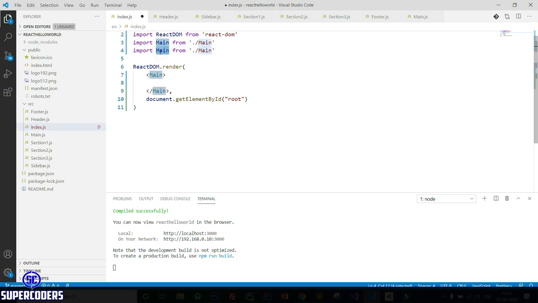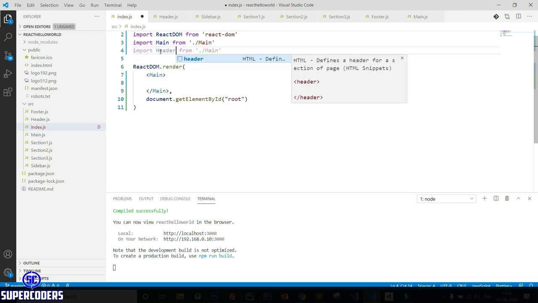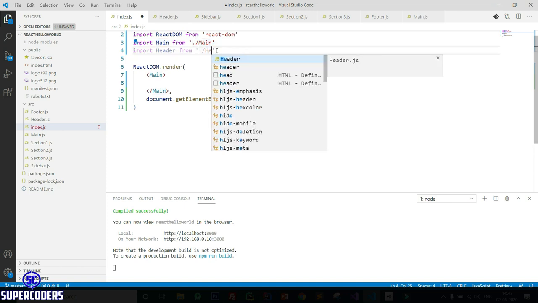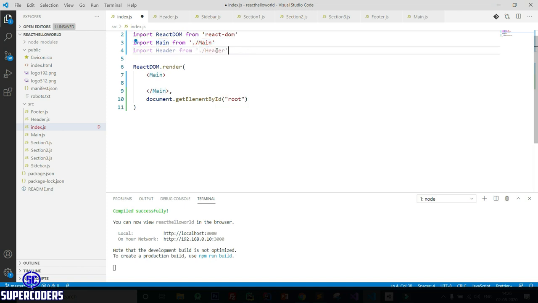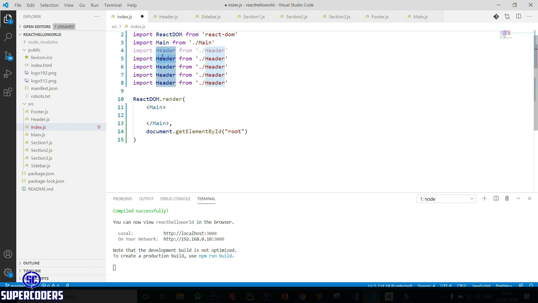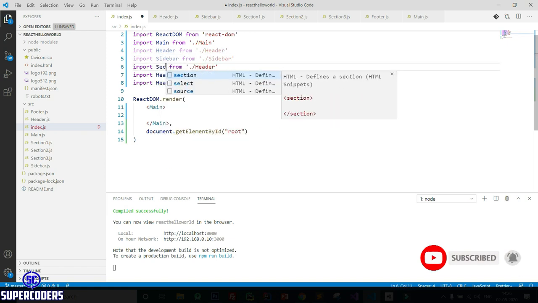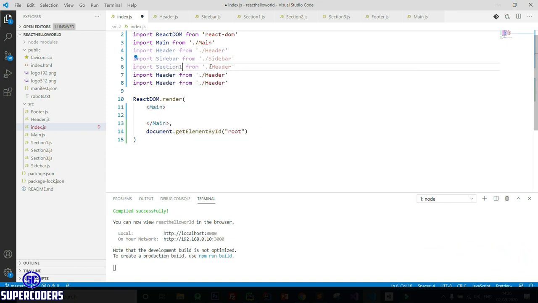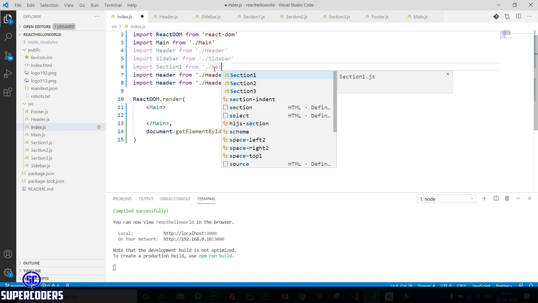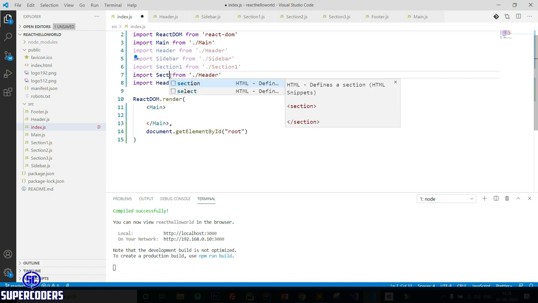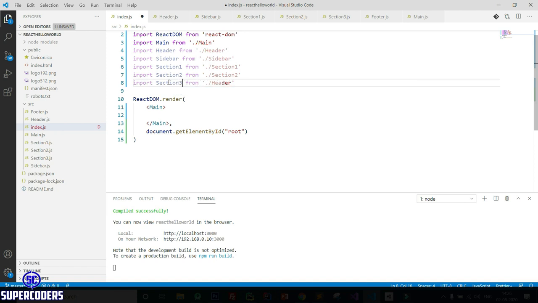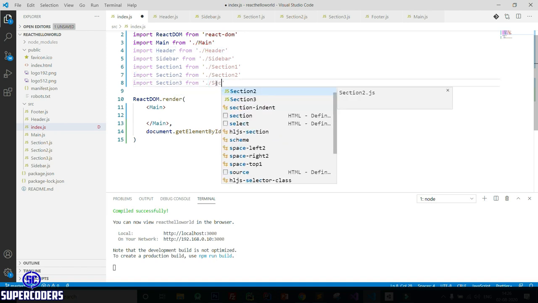Now let's import header from header. Again type Control D, then import sidebar from sidebar, then import section 1 from section 1, section 2 from section 2, section 3 from section 3.